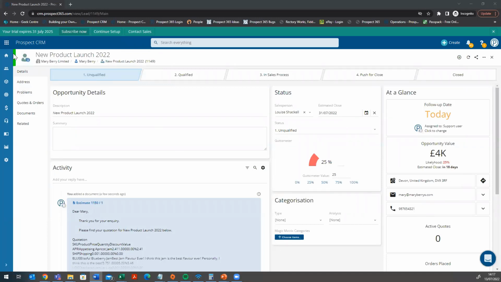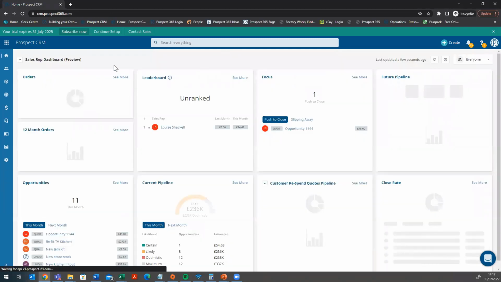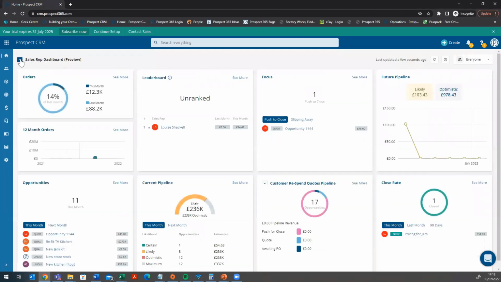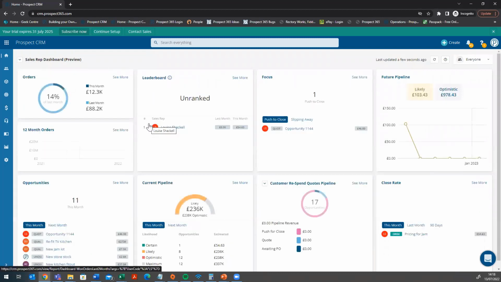So first of all, if I just jump back to the home screen, when you first log into Prospect CRM, you do have access to our dashboard reports. And if you go to the drop down, one of those is Sales Rep Dashboard, which I've got visible on the screen here. This gives the sales rep, and it obviously is related to the person that's logged in, only their opportunities